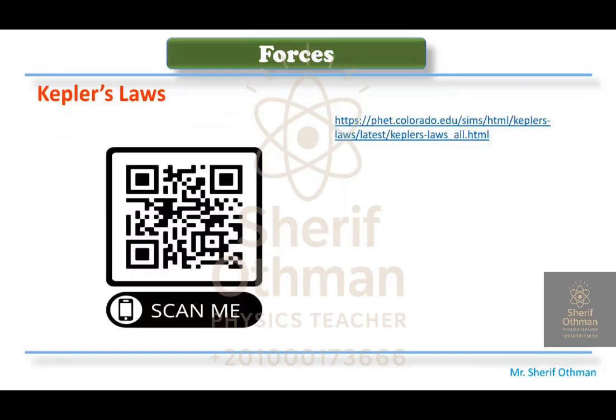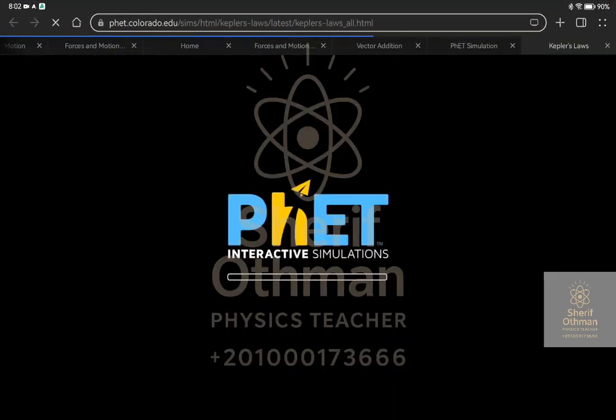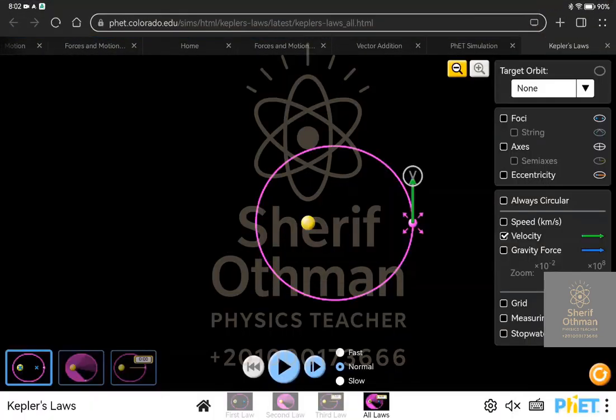Moving to another part, which is called Kepler's laws. Kepler's laws are laws which control the motion of planets in space around the sun. Watch the video, scan the QR code, and let's play with the PhET simulation. The first law of Kepler: the path of any planet around the sun is an oval path or ellipse path,